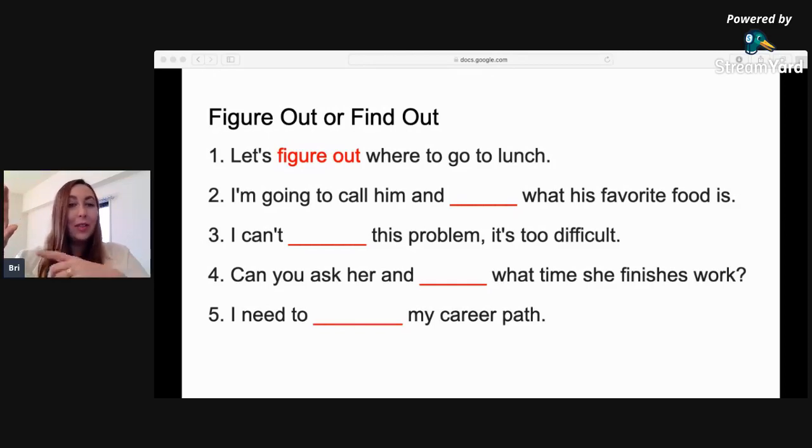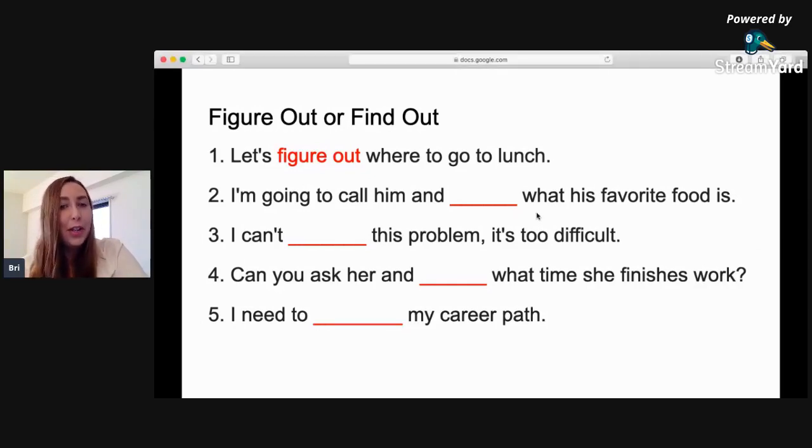Then you could say, let's find out where to go to lunch. Let's find out where we're going to lunch, maybe. Okay? So figure out would be the best answer. Let's figure out where to go to lunch. Maybe let's find out where we're going to lunch, right? Already decided. Okay? Number 2, I'm going to call him and